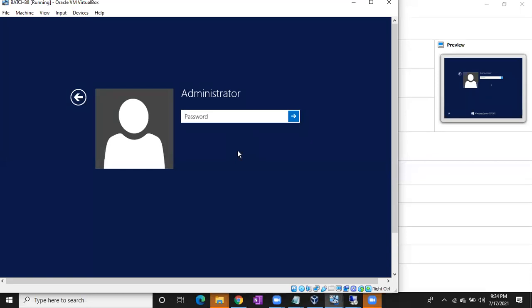Clear, everyone? Again, I got a lot of queries in this section: Sir, I am unable to log into the machine. They are using Control Alt Delete or left control delete. They won't use right control plus delete. So you have to use right control plus delete, then only you will get this sign in screen. Give the password we just set to log into the machine. Now you can log into the machine.